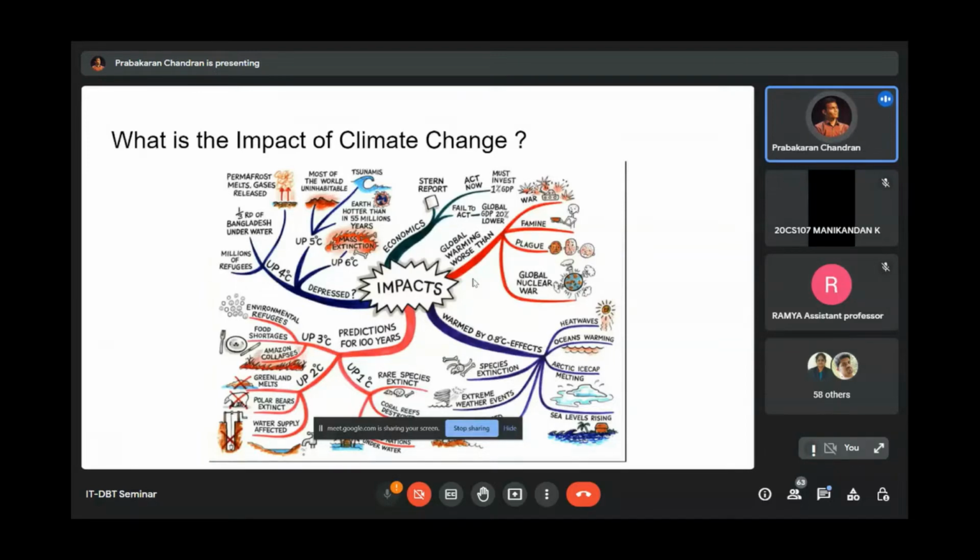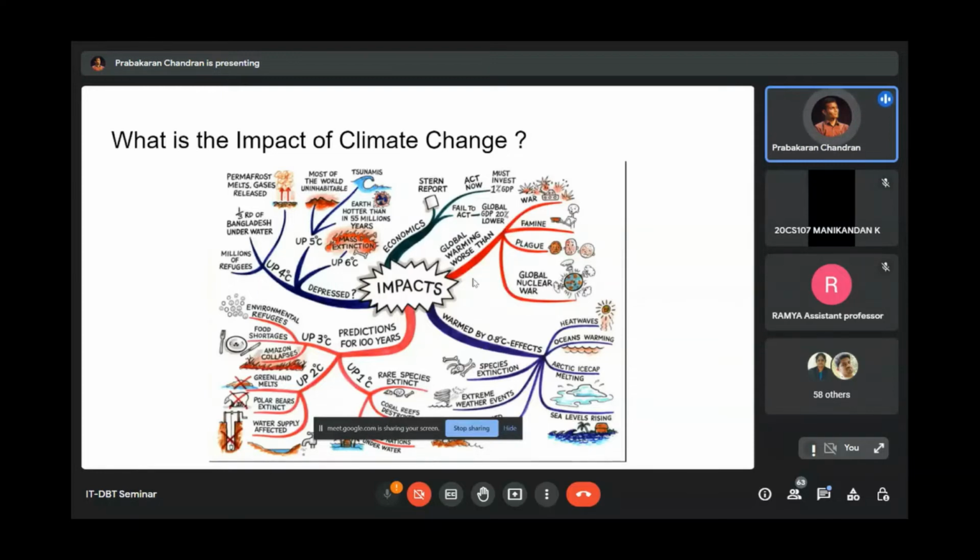But just a 1 degree Celsius increase in temperature might affect aquatic living organisms, like coral reefs, or even water animals like fishes, tortoises, turtles,